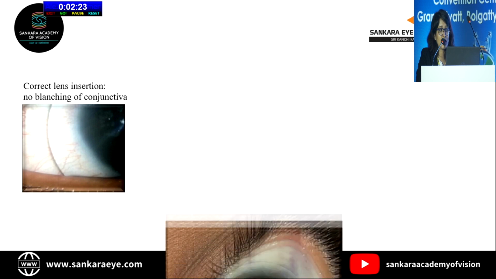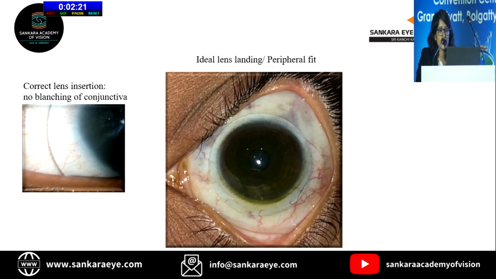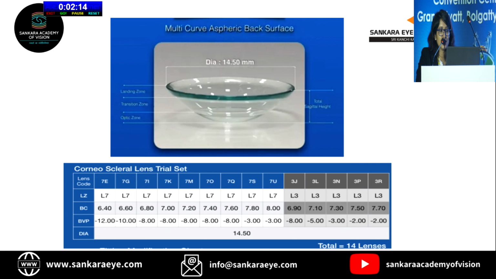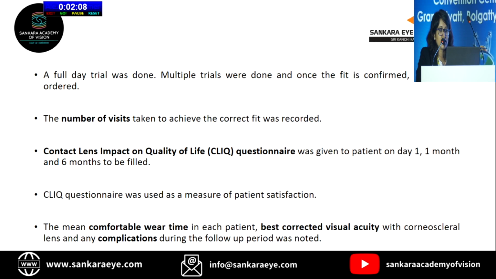This is a picture showing the correct lens insertion, and this is also an ideal lens landing, but this is an incorrect lens insertion which causes a conjunctival blanching. So this is a lens by the Col.Rangachari Laboratories we used in our study, which had a diameter of 14.5 mm. So a full day trial was done and multiple trials were done, and once the fit is confirmed, the